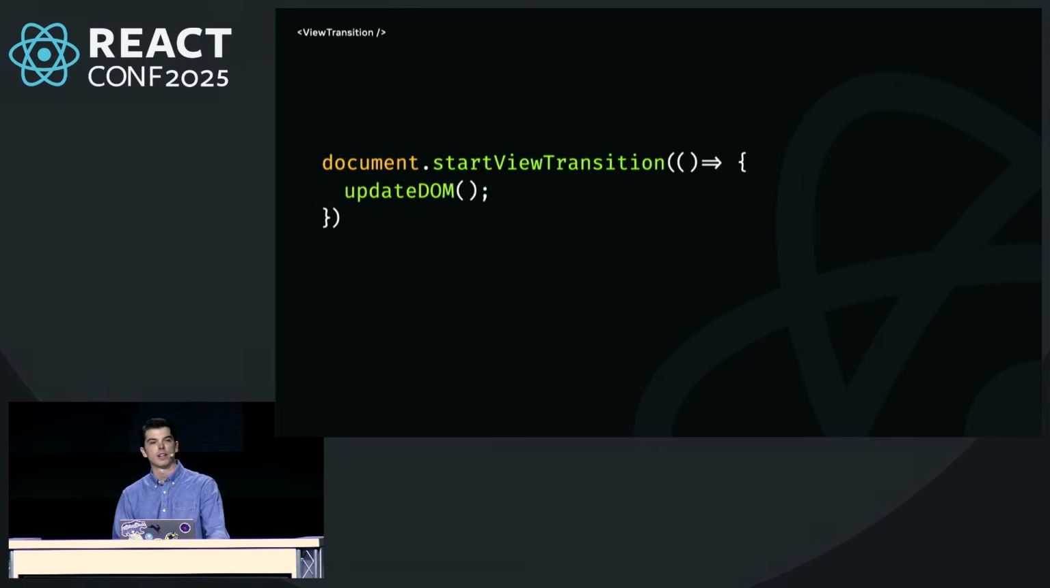Finally, with just a few lines of JavaScript and CSS, we can animate transitions on both single and multi-page applications. The browser creates snapshots of the UI, runs your callback, and then animates to the new UI using CSS animations. And this is a really powerful primitive, but there can be a few problems with using Start View Transition directly,